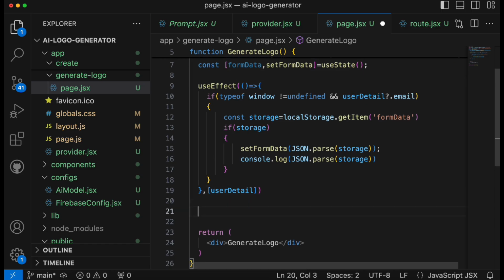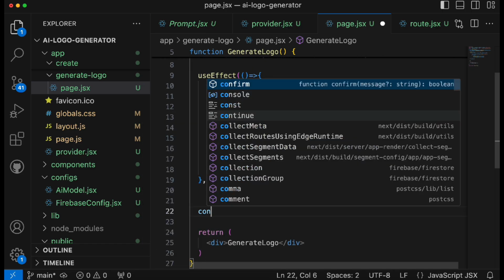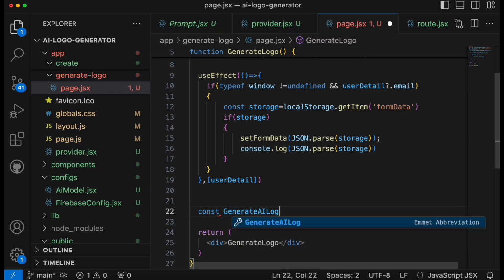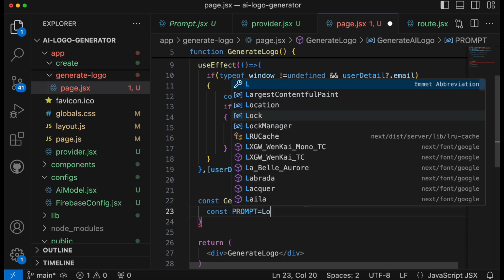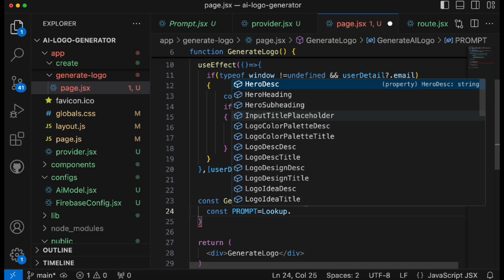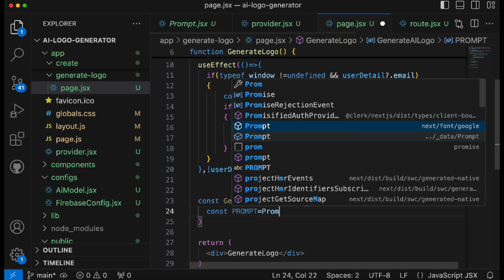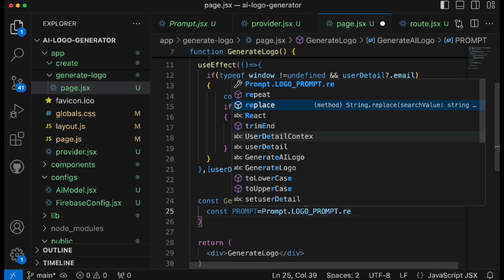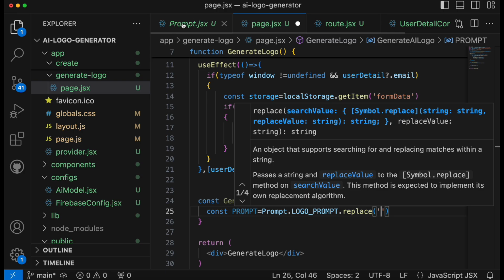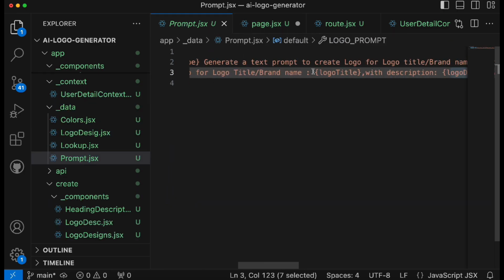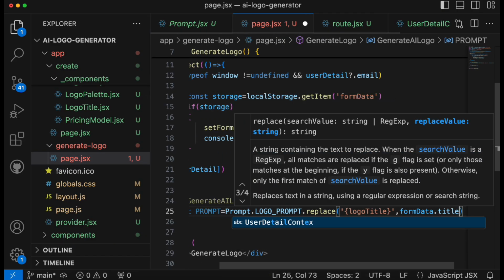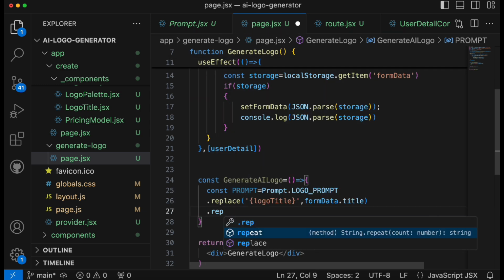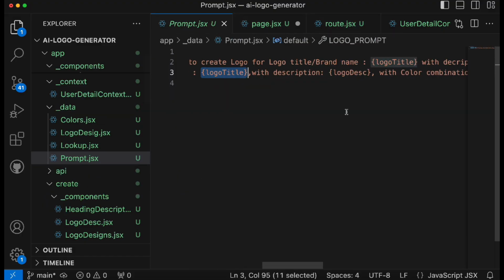Now once we have this, we're going to call a new method, constant generateAILogo, and inside that, first we'll get the prompt. We need to first generate the raw prompt. So from the data prompt, I think it's just prompt only, dot logoPrompt dot replace, and then we need to replace each of the things. Okay, so let's go to this prompt. First thing, we need to replace the logo title with our own title, with formData dot title, then dot replace. Again we need to replace our next thing, which is the logo description,